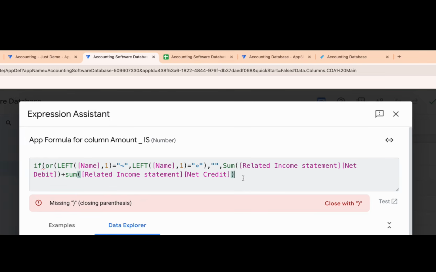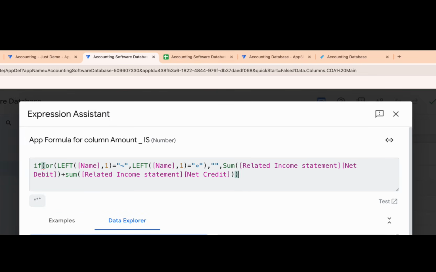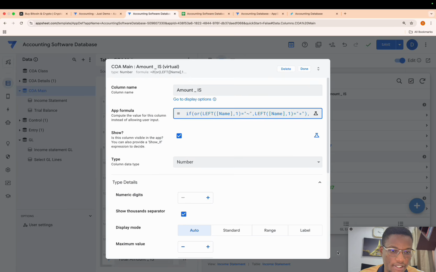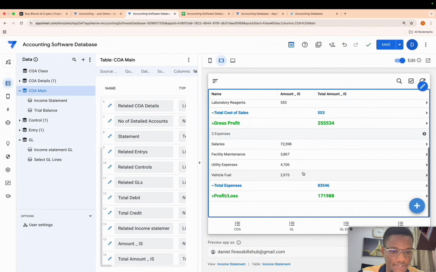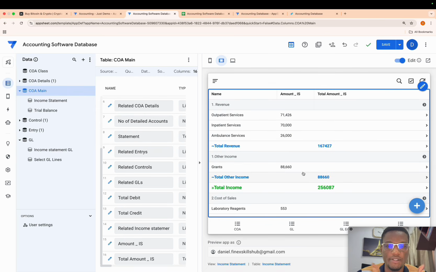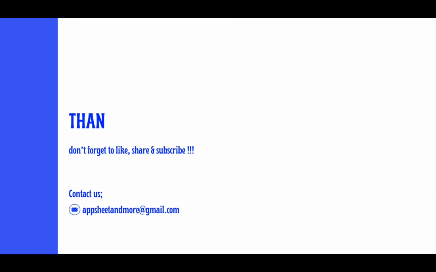I want you to give me blank like that. So if the first character of the name equals this or this, I want a blank. Other than that, I want the sum of this. Click save, click done, then it becomes neat. See that? Neat. Great. So we have this for our income statement. So basically creating the balance sheet should be very straightforward from here.